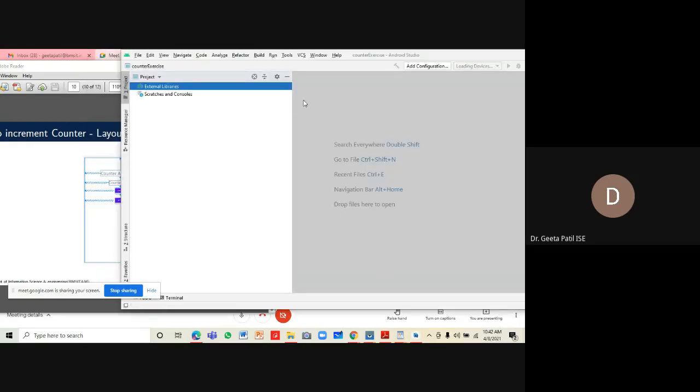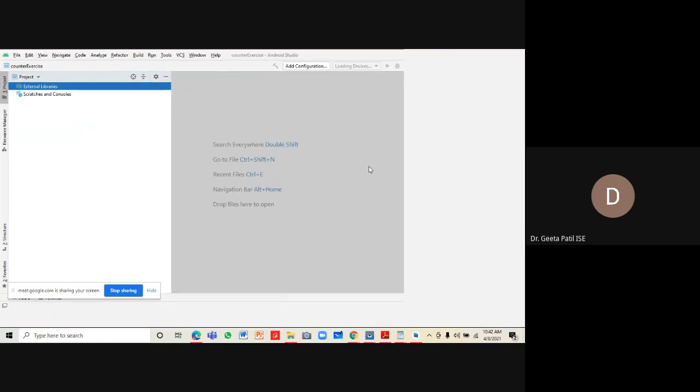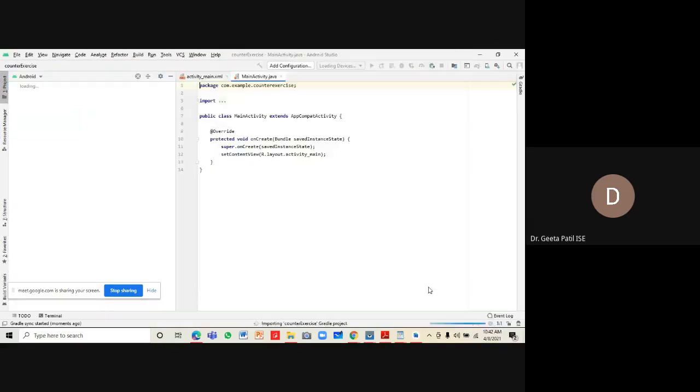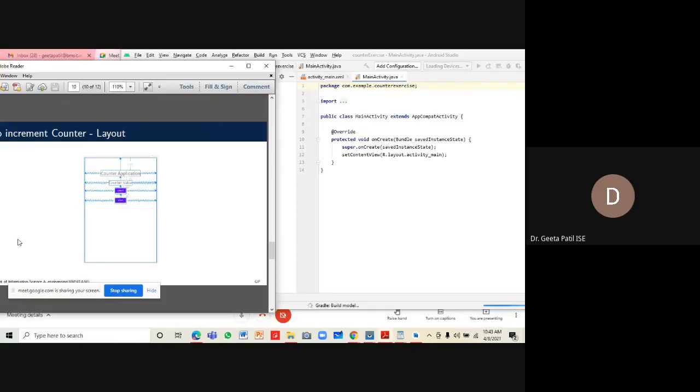It will again take some time for loading required components. It is still taking time for configuring this app project. Then we will start with our design.